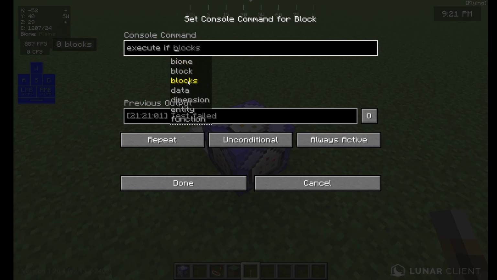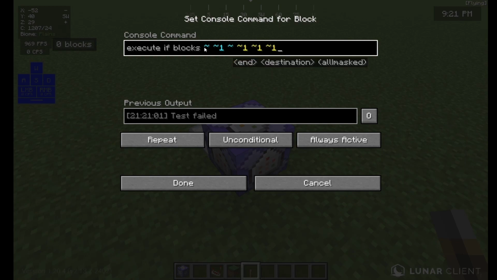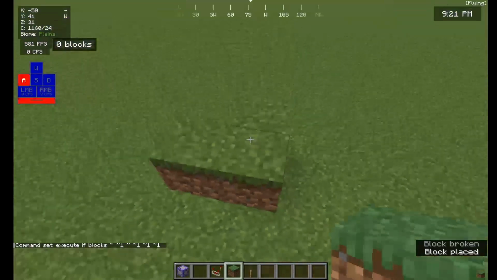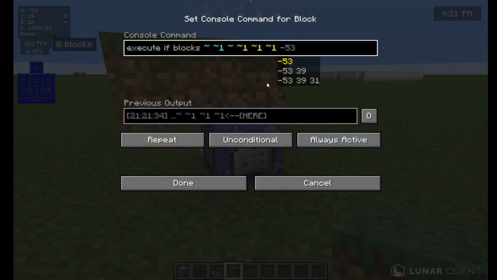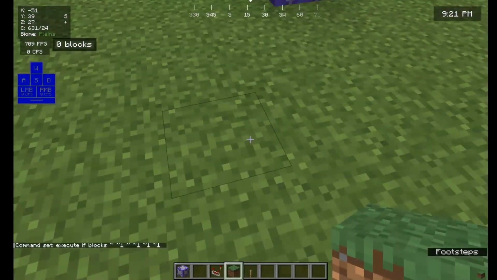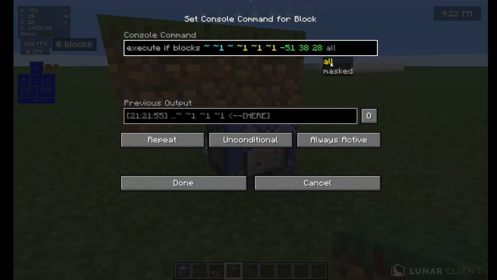Execute if blocks. Now, execute if blocks is a bit different. Let's execute if block somewhere like there to 1, 1, 1. It's basically just a square. If that is, it's like the clone command. It's like if it is, if it's like that and it's